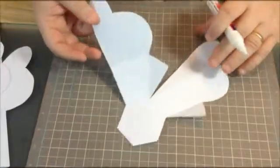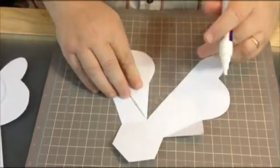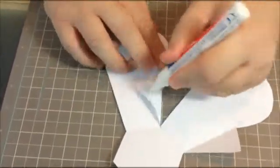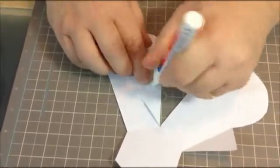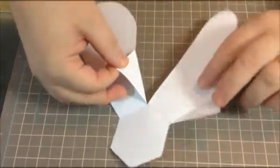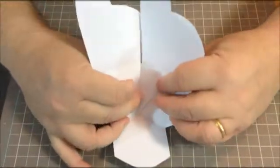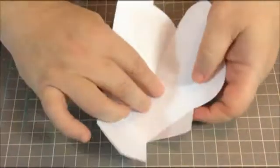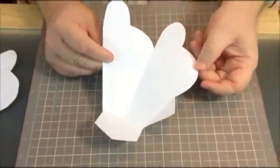Once you've cut and folded each one, I like to stick these 2 together before I join them up to the other 2. So use whichever glue you want. In this case I'm going to be using this glue pen, and just put some glue on there and then just lift that up like so, and that just fits into there like that, and just put that to one side so it stiffens, the glue dries hard, and it's easier to